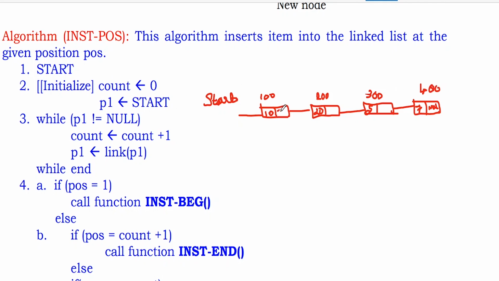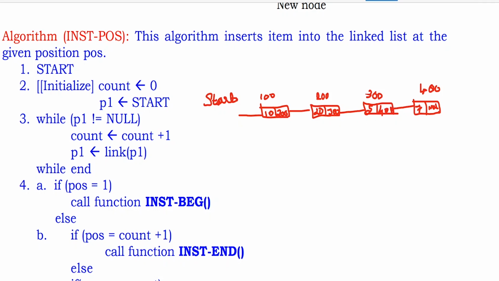So what will be here? It is 200, the address of the next node, stored here. This 300 is the address of the next node, and this 400 is the address of the next node. So this is a linked list.